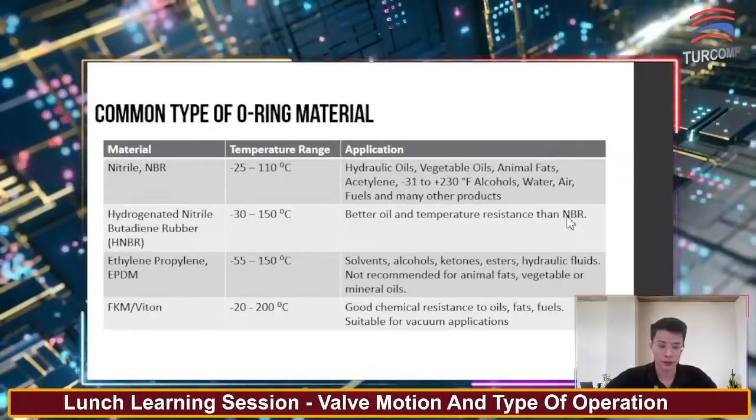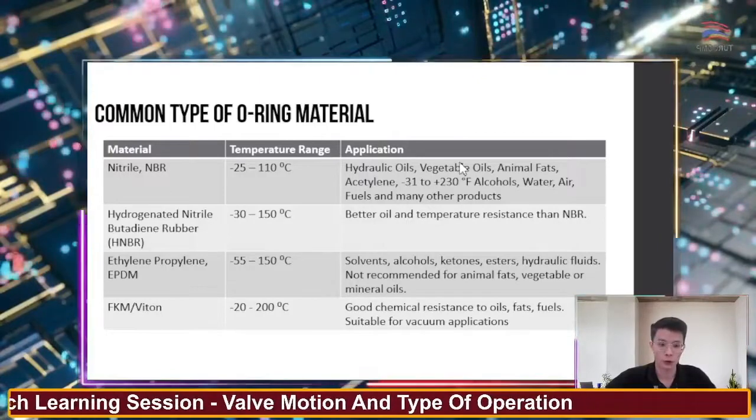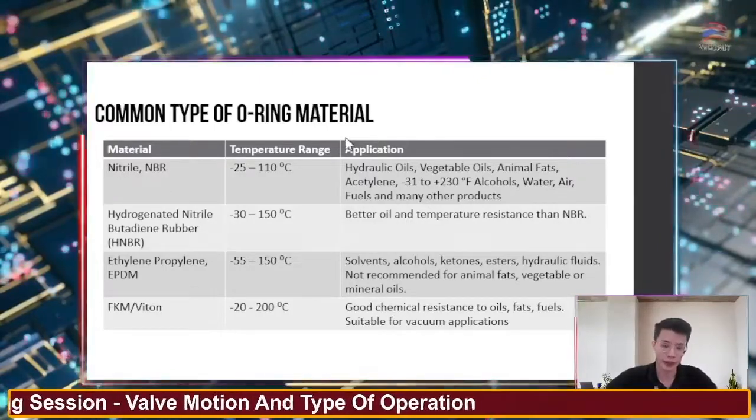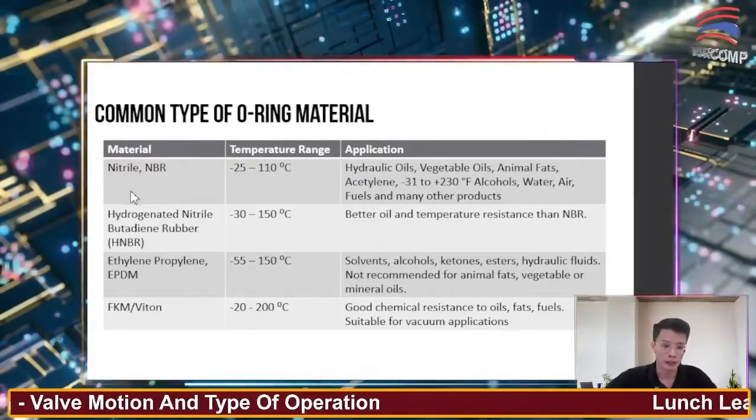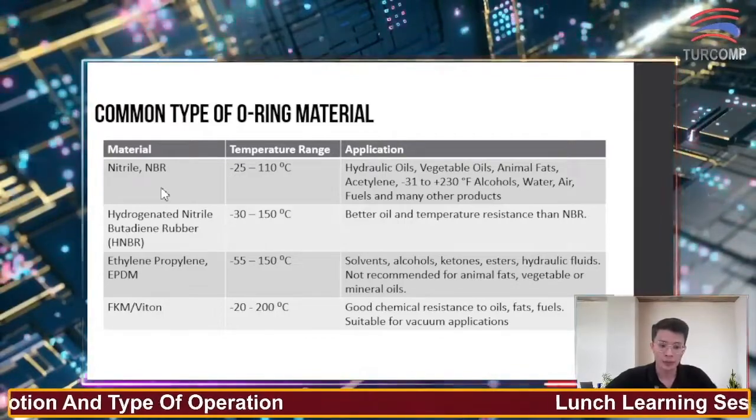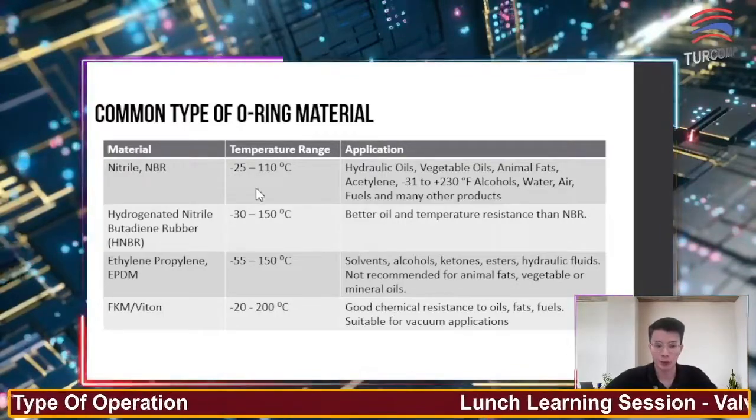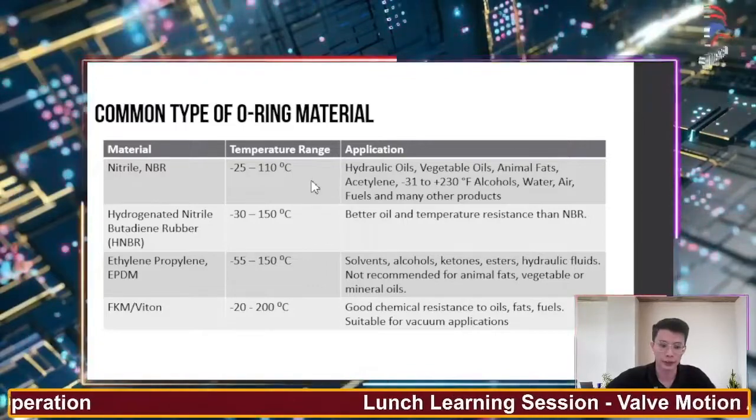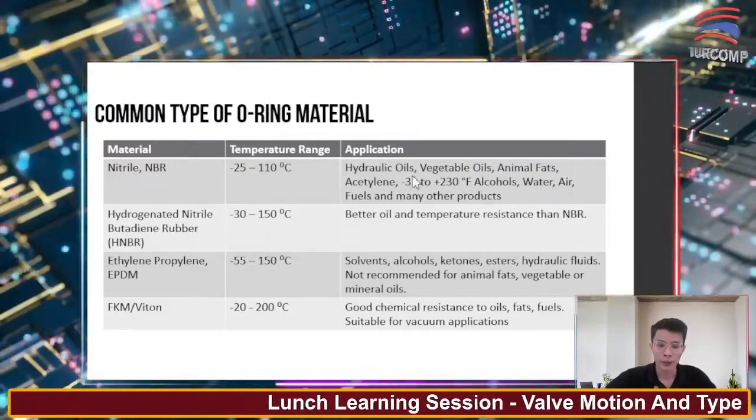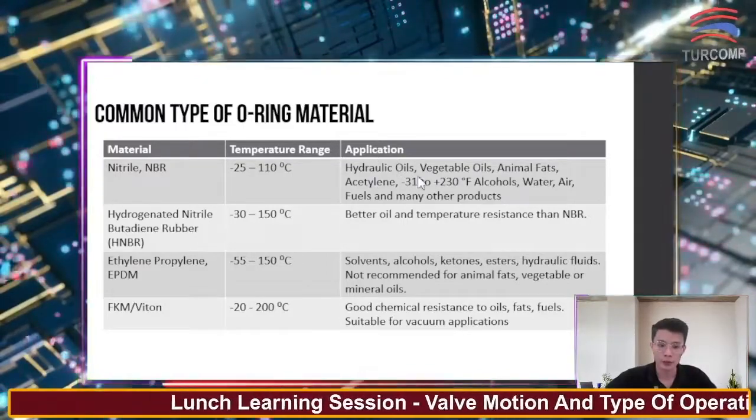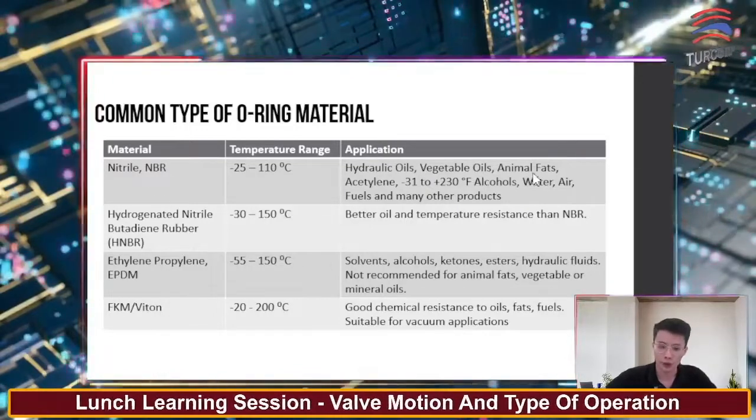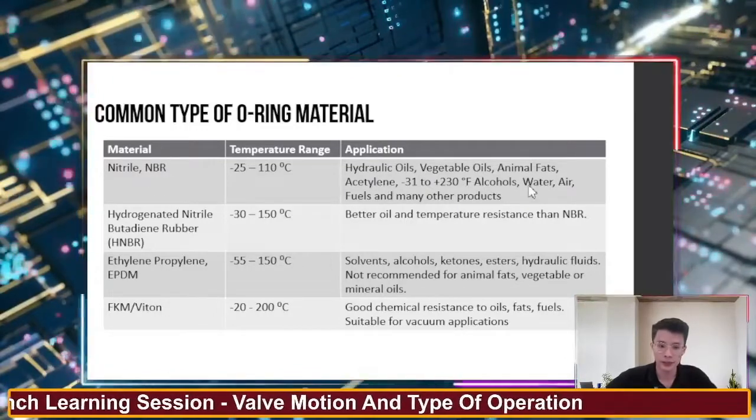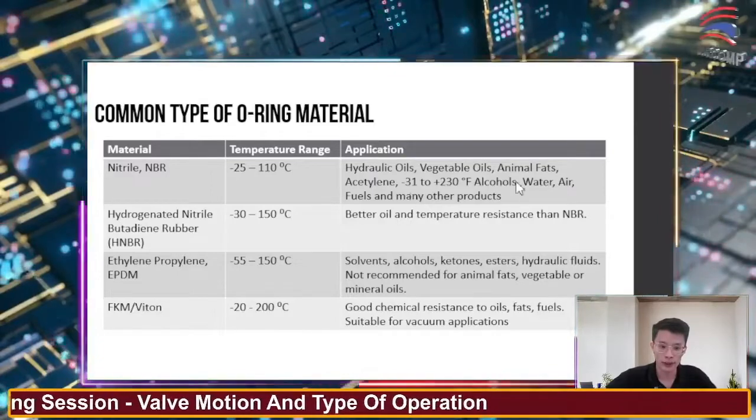Here are some of the common types of O-ring material, which you might have heard of before. The first one is NBR. The suitable temperature range is -25 to 110 degrees Celsius. For application, it is suitable for hydraulic oil, vegetable oil, animal fat, acetylene, alcohol, water, and some other